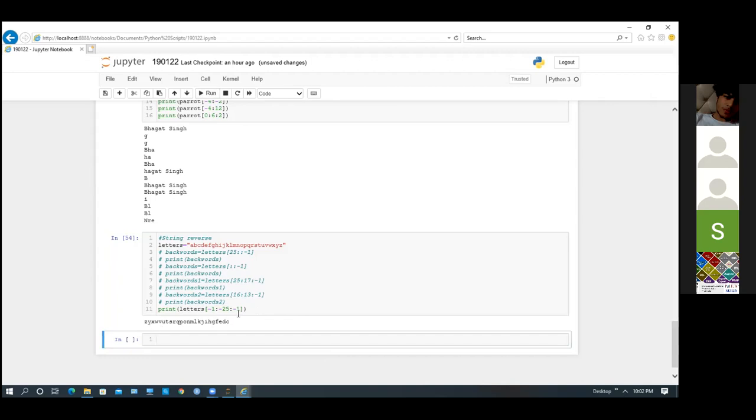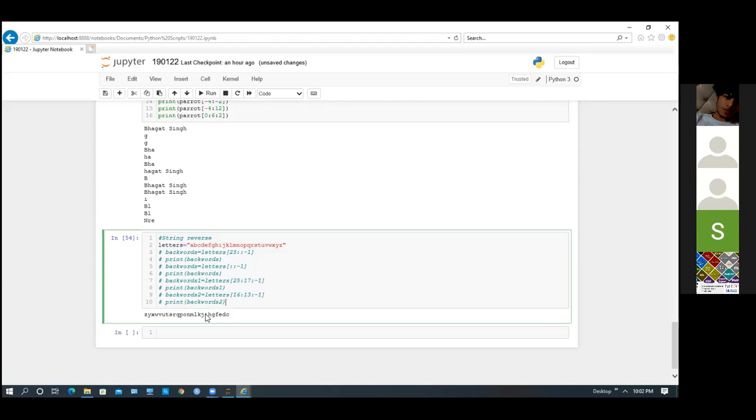So this will print the whole thing. It will just remove A and B. Okay. But, sir, -1 and -25 both are basically the end position. So -1 to -25 doesn't make any sense. Correct. Okay, sir. So this won't be working. So I'll remove this. Okay.